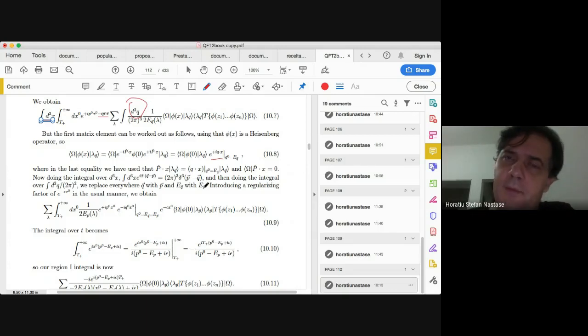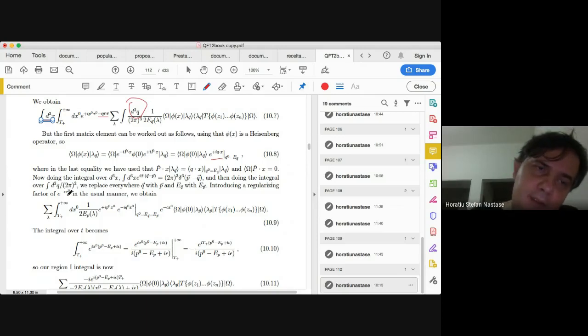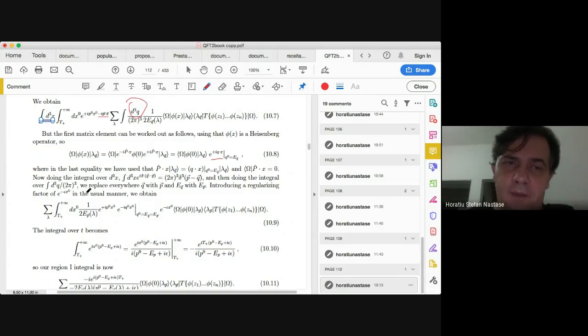And as you remember from QFT1, you have to also introduce a regularizing factor, e to the minus epsilon x0, in the usual manner, in order for the full integral to be finite. So then we're left with what? Well, I have this integral over x0. I still have